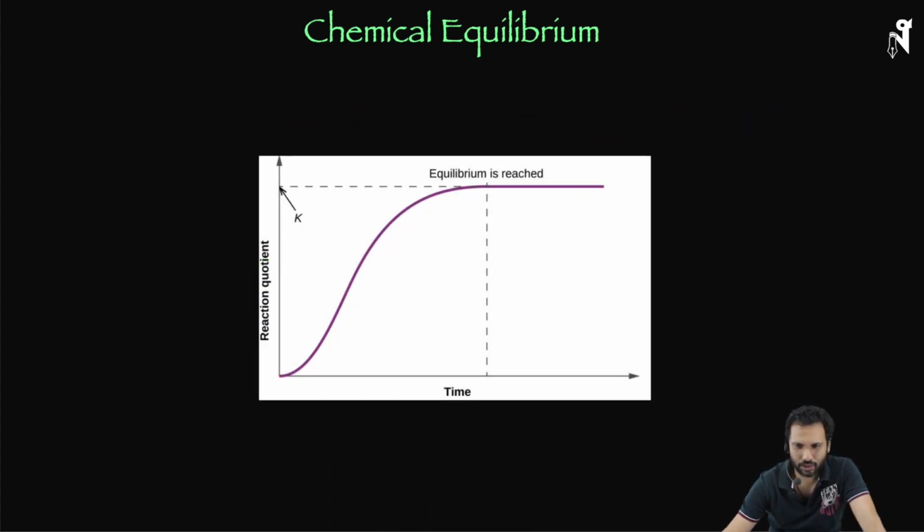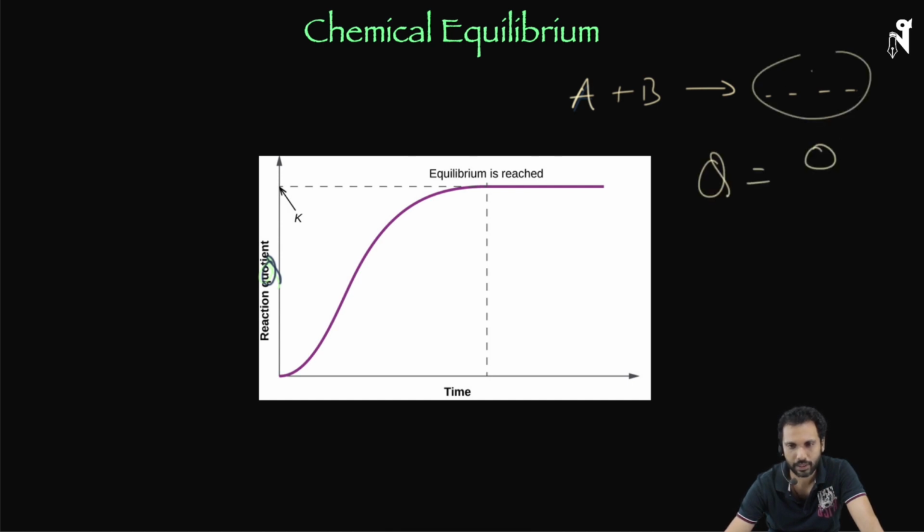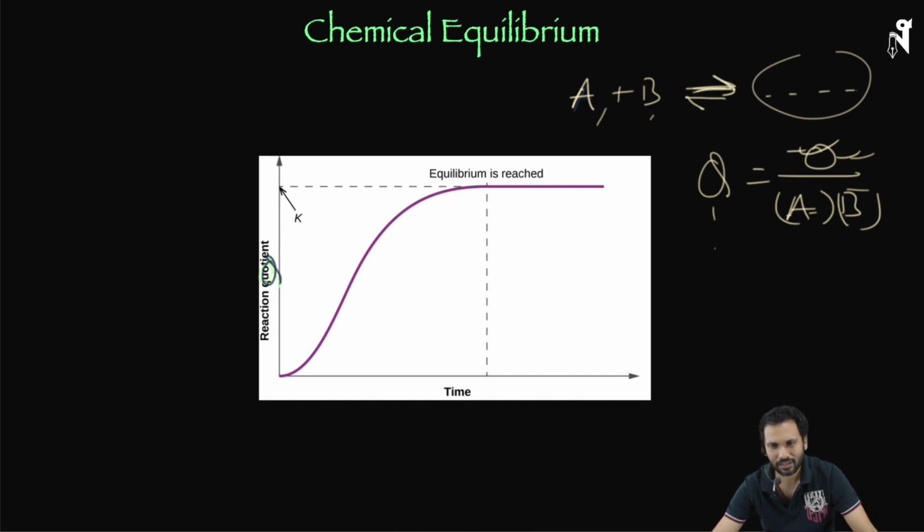So there's a graph of the reaction quotient Q over here. Now you can see, if there were only reactants initially and no products, then Q was 0, because there was no product divided by enough amount of A's and B's. So that starts with 0, but as the product starts forming, you have the numerator building up and the denominator going down. So the Q value increases, and eventually the equilibrium is reached, and at that time the Q value becomes the K value. You can pause the video and study this. No great deal over here.